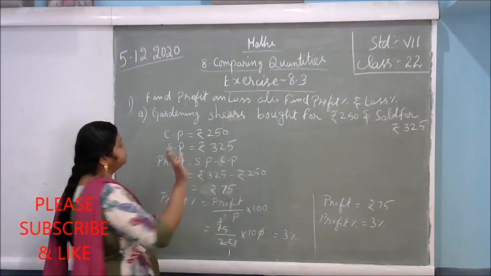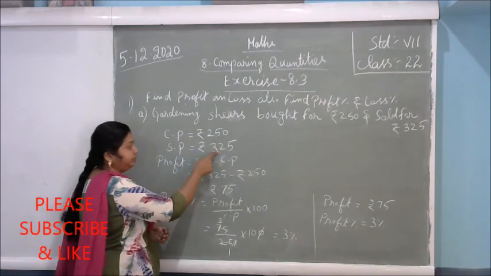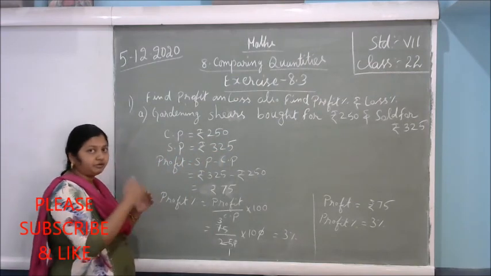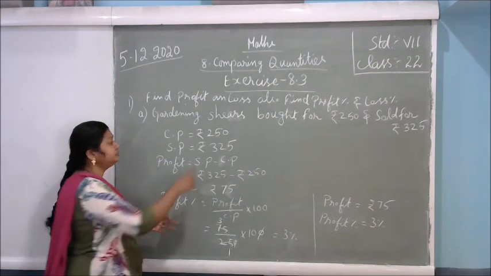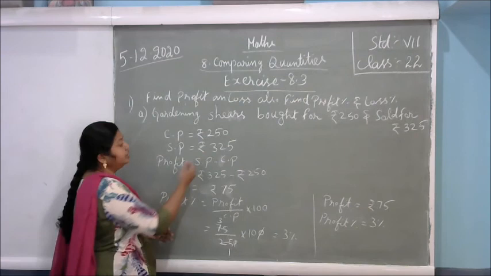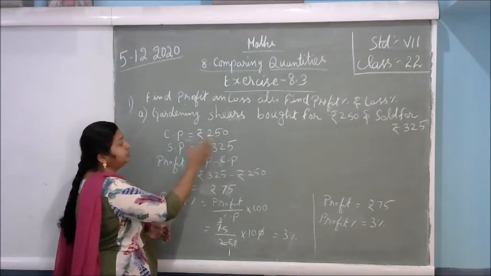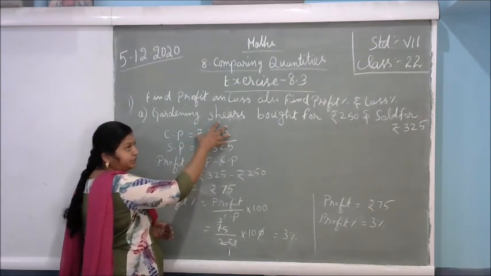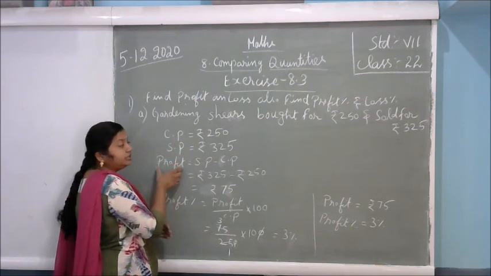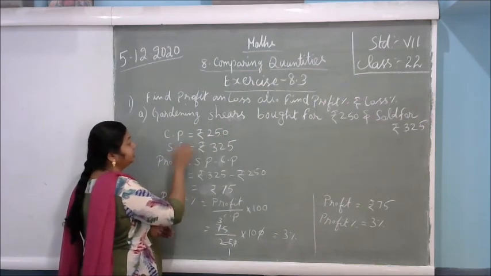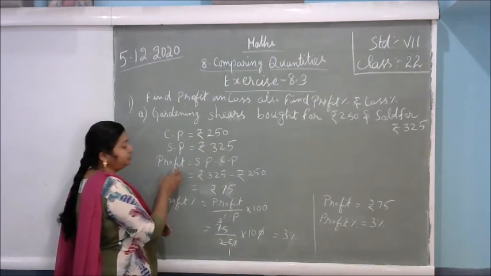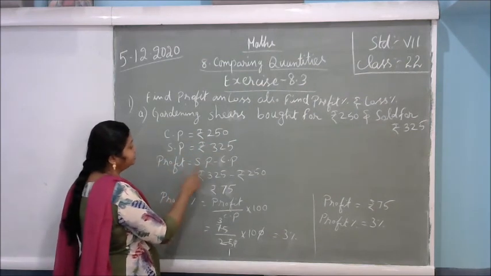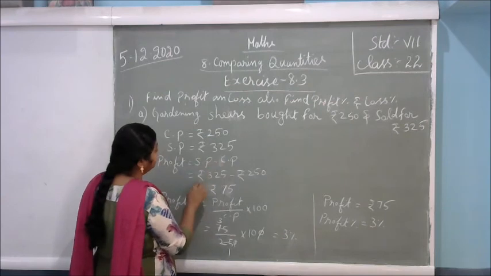In this, which one is the big amount? SP is your big amount. SP is big means it is going from you, no? That is a big amount, so you will get the profit. So you should find out the profit. According to this, you should know. Suppose SP is big money, okay, here, sorry, if CP is big money, then loss will come. Here SP is big, so you will get the profit only. So what is the formula for profit? SP minus CP. So that's it.